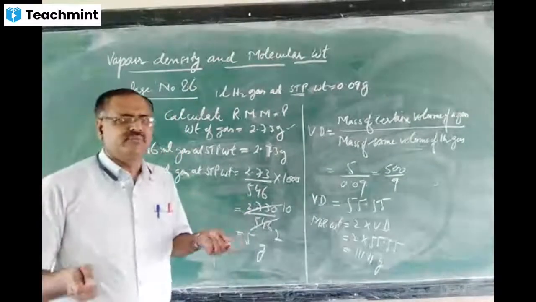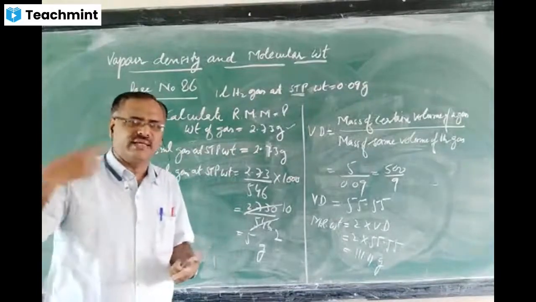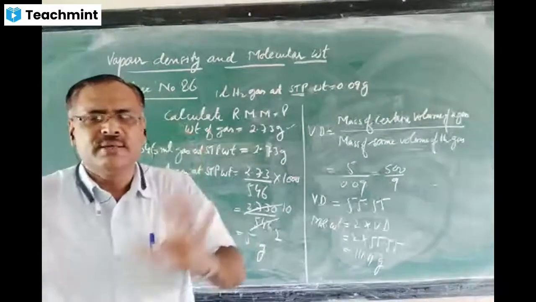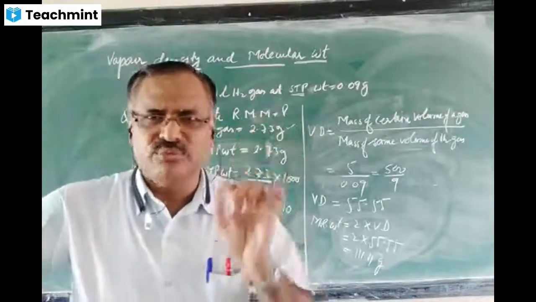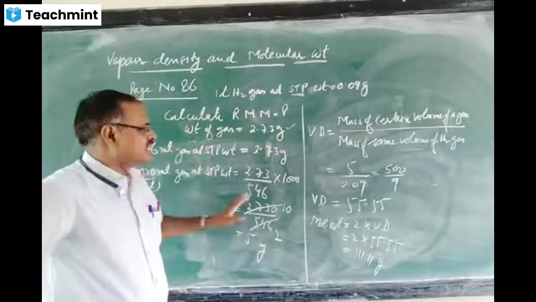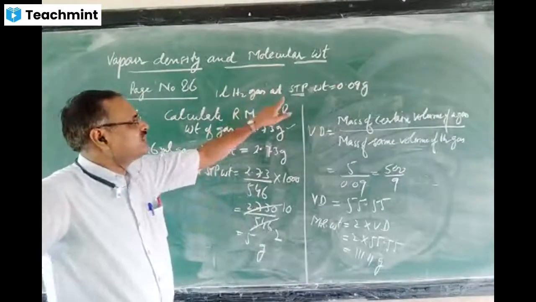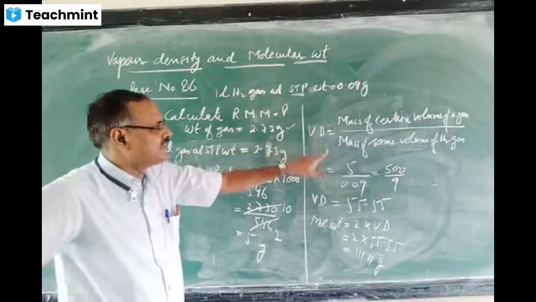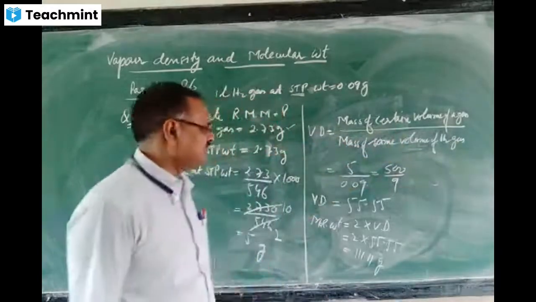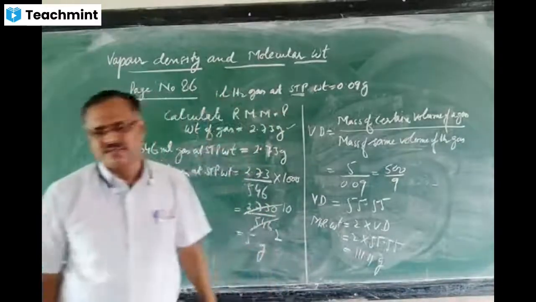It is very simple: the volume of the gas was given, not at STP, so that volume we have converted to STP. When you convert the volume to STP, only the volume will change, mass will not change. So we know the mass of that volume. We have calculated the mass of the 1 liter, and 1 liter hydrogen mass was given. So by taking vapor density as the mass of a certain volume of the gas to the mass of the same volume of hydrogen, molecular weight is equal to 2 into vapor density.